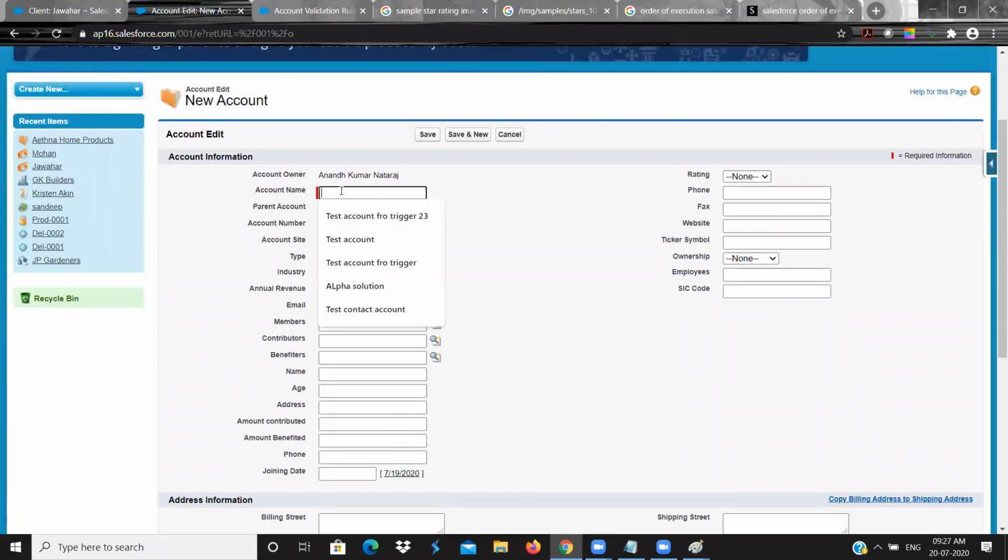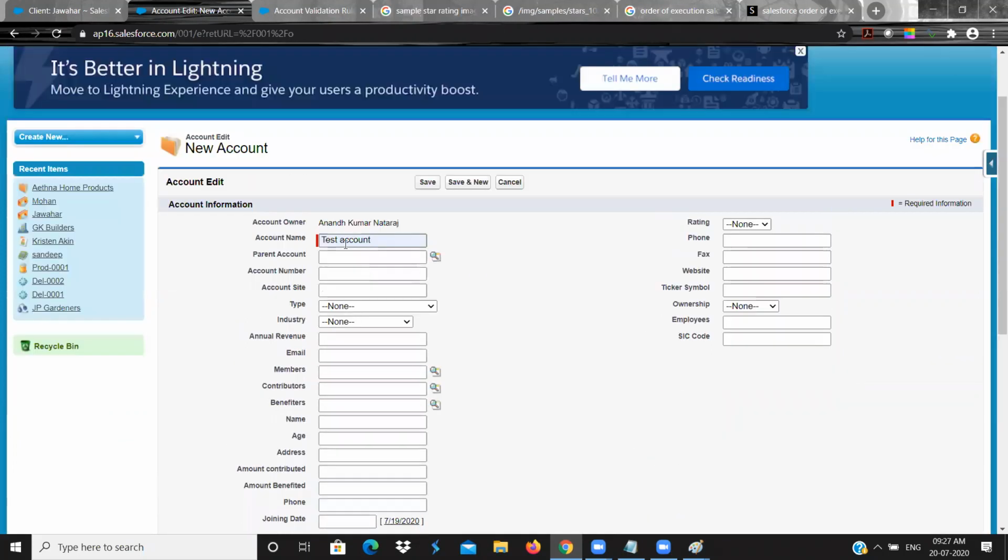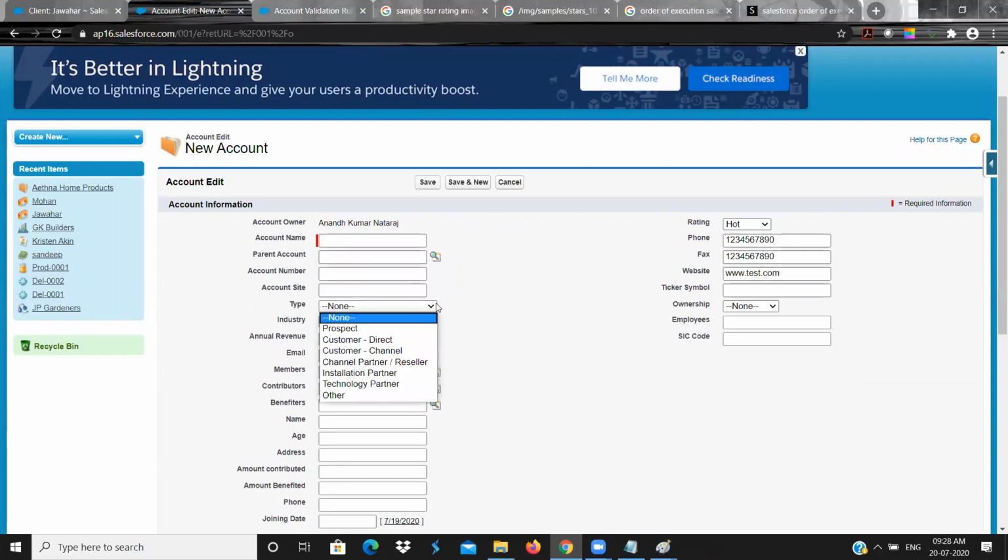I'm filling the mandatory fields, test. Okay, so whatever is in red in color, that is called mandatory. Consider I'm not giving it. I'm giving rating, phone number, fax, website test.com, some website, and I'm giving type.